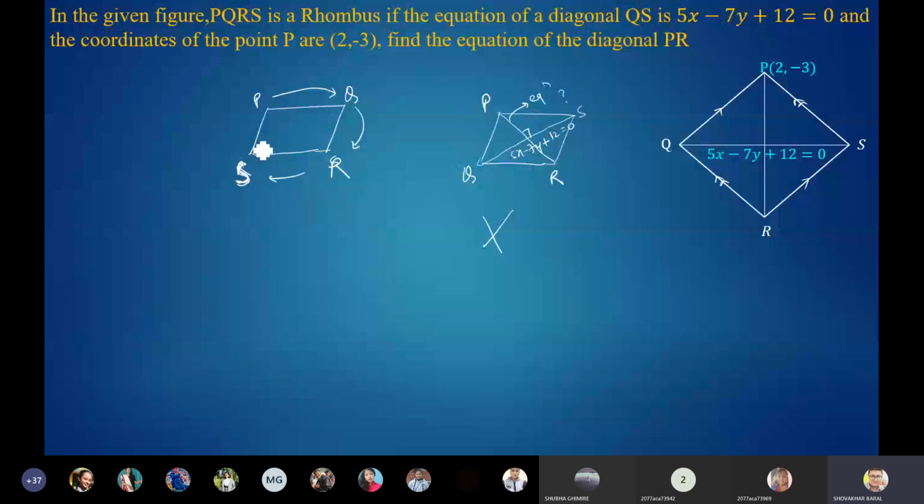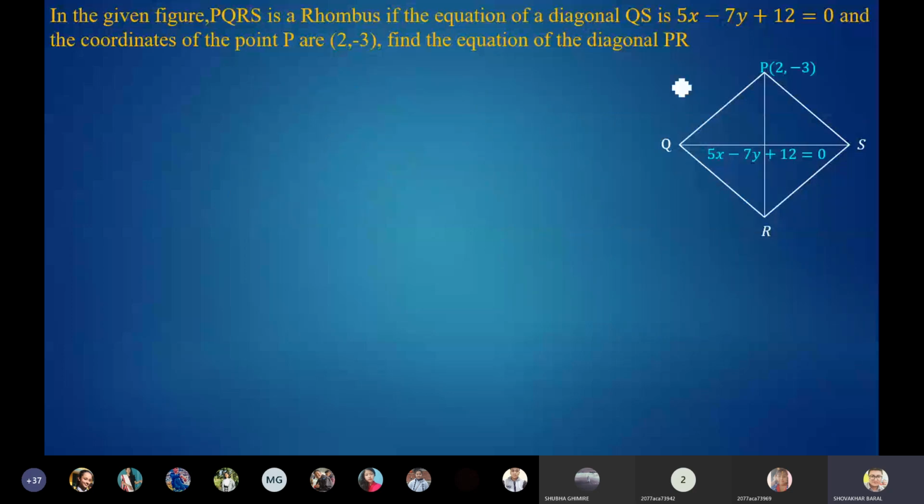Please be careful because even in Maths also, while doing the construction, it matters a lot. So either you write in the clockwise direction or in the anti-clockwise direction. If you go through this way, it must be PQRS. Okay, so I hope you understand the concept that I'm trying to say.